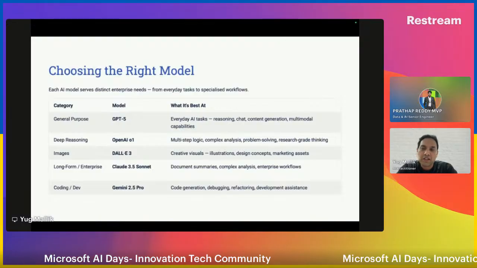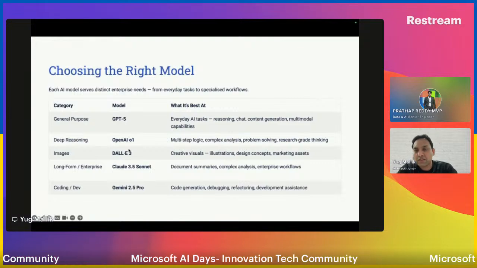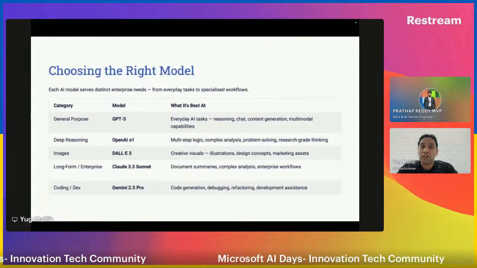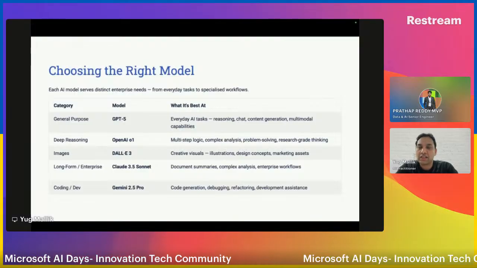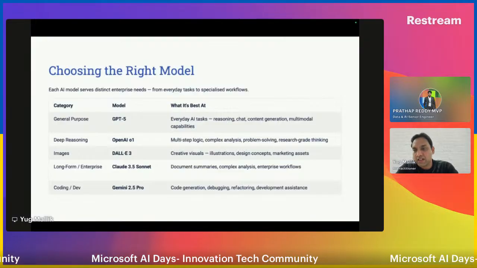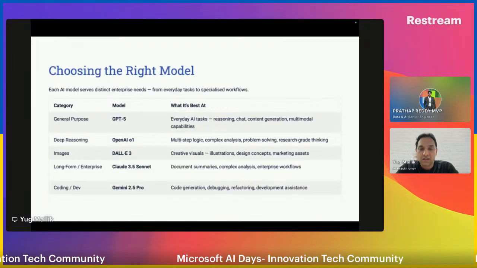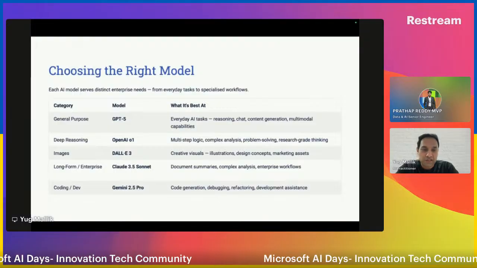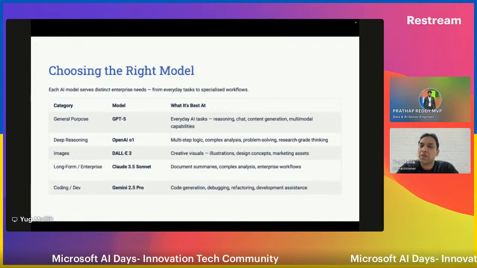If you are looking for deep reasoning, multi-step reasoning, complex analysis, that's where the OpenAI O1 model comes in handy. If you are looking to create images, DALL-E is the model that you can use for creating the images, right? Similarly, for any enterprise coding purposes or debugging, you can use Gemini 2.5 Pro. For document summarization and complex analysis, Claude 3.5 Sonnet works pretty well.